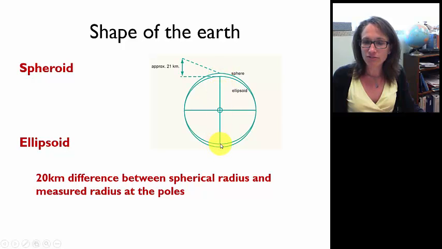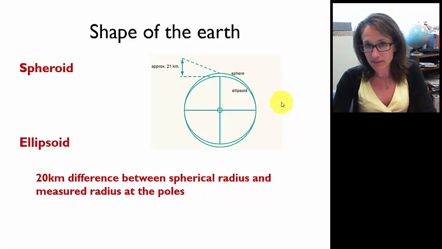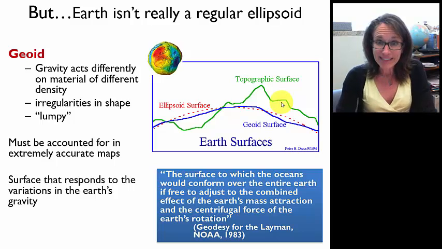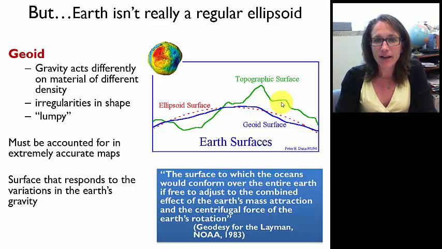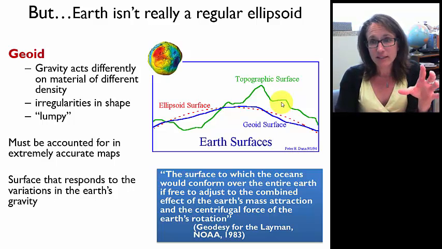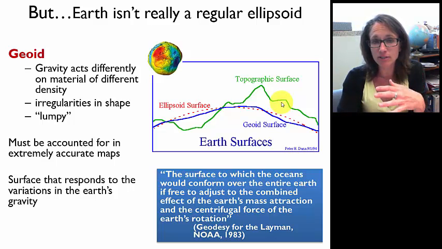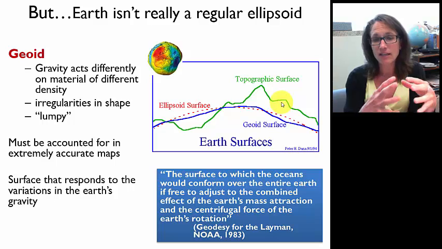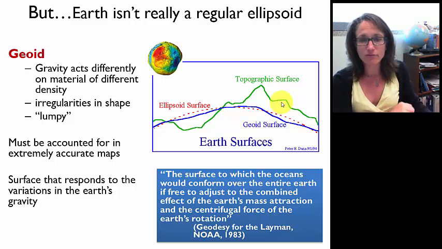The polar flattening is about 20 kilometers difference in radius between the radius to the poles and the radius at the equator. Okay, so we could describe it as an ellipsoid, but more precisely, the Earth is actually what we call a geoid, which is kind of lumpy. It has some irregularities, and what happens is that the crust has different densities. So the oceanic crust is denser than the continental crust, and so gravity acts differently on these materials of different densities, creates some irregularities in shape, it creates like sort of a lumpy surface,